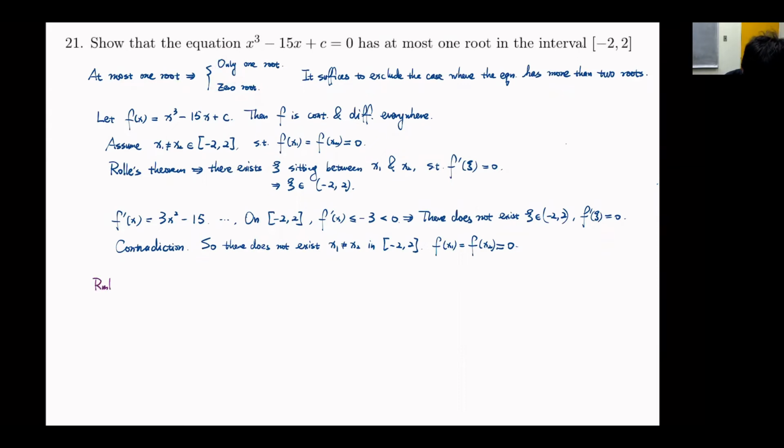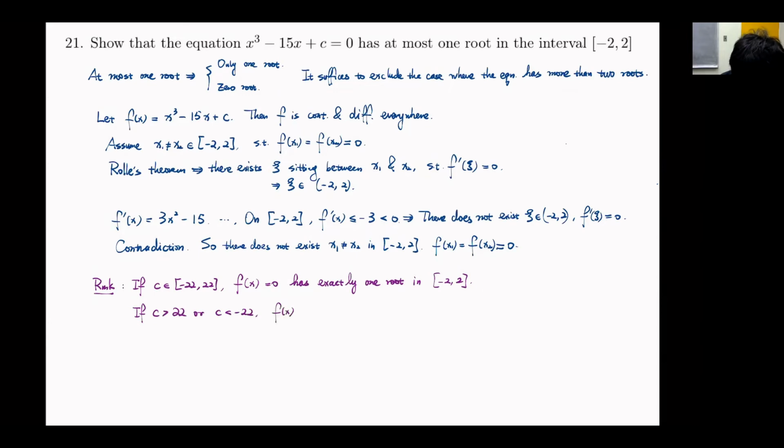First, if you choose your C to be between -22 and +22, then in this case f of x equals 0 has exactly one root in the closed interval -2 to 2. On the other hand, if C is greater than 22 or C is strictly less than -22, in this case f of x equals 0 has no root